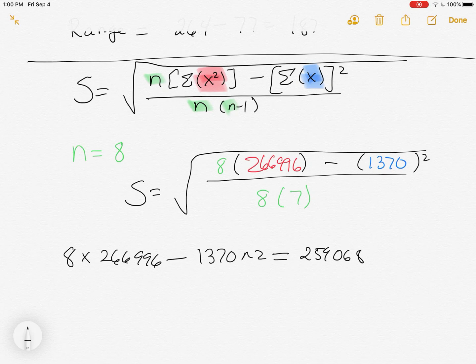259068 is what's coming out. Then we're going to hit immediately divide, and what you should see is the calculator putting up some kind of answer, or maybe even showing you that previous one. And then this is needed, parentheses 8 times 7. So you're going to hit divide by, then open parentheses, 8 times 7, and close those parentheses. And you're going to get a number, and you're going to hit equals, and you're going to get a number